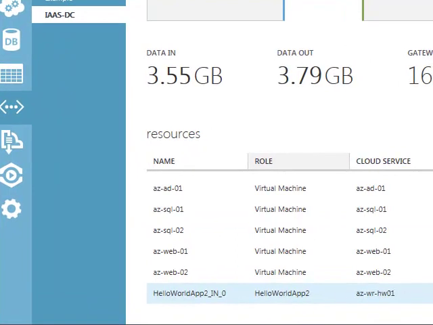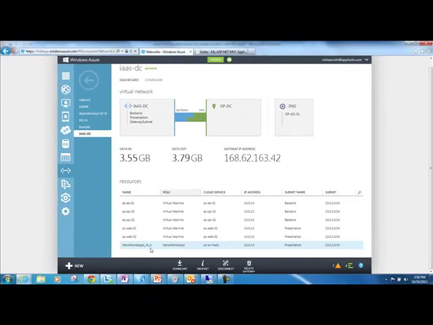And as this machine is booted up as part of the startup task, this machine gets authenticated by the local AD instance. Remember, we talked about a read-only replica of the AD running in Windows Azure, and as part of the startup task, this machine is authenticating against the local AD. And then over the virtual tunnel, via a connection string, it is routing these packets back to on-premise, to the SQL Server running on-premise